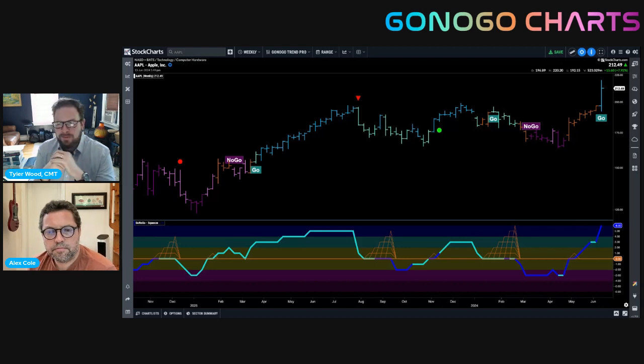Many of you are going to be much more familiar with the legal battles and IP protections and all of the things that were dragging Apple lower. When the trend continuations entered that neutral phase, and we saw a string of weekly amber bars, with all trend following indicators, we're looking at historical prices, we're looking at things like moving averages and comparing current price levels to where they have been. So it's a lagging indicator.